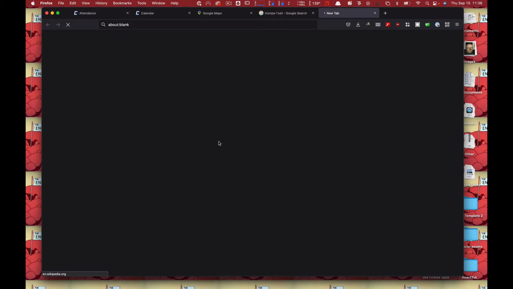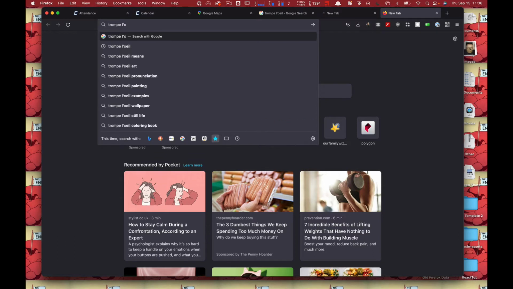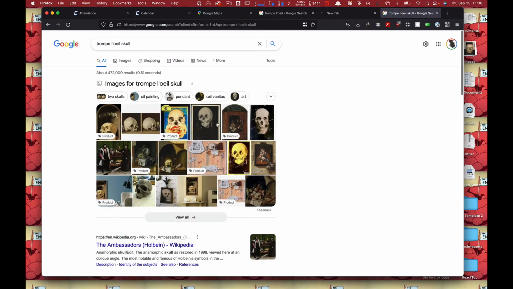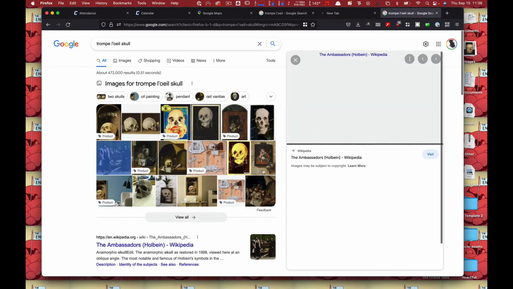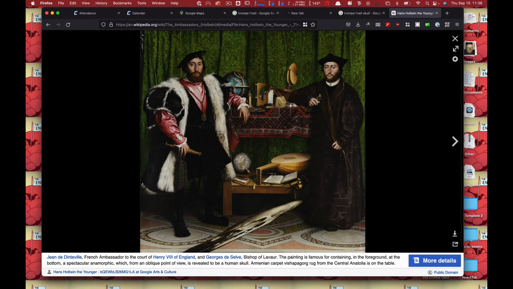You know what I'm talking about? Which painting is it? This one. So this painting has this blobby thing right here, right? But if you see it from that angle, actually, if you come up here, you're right here, then you can really see that it's a skull. You can kind of tell that it's a skull, but it looks like a normal one here.